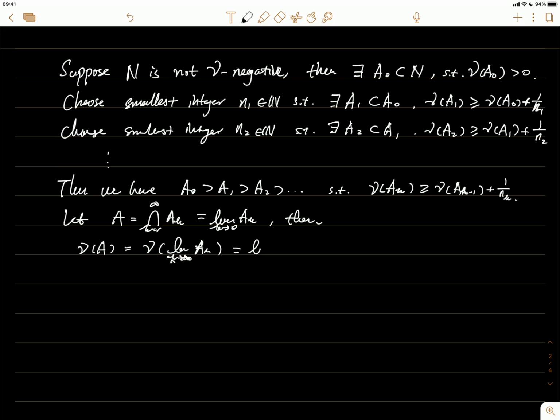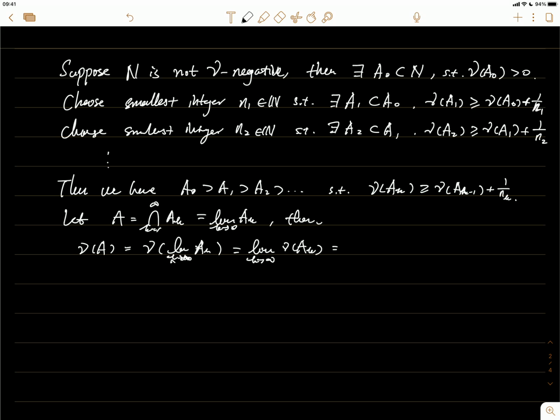But this is equal to the limit of this measure. And this is true because the nu of A0 is a finite number. Okay? We need that to have this. You will have a decreasing sequence. Okay, and this is equal to